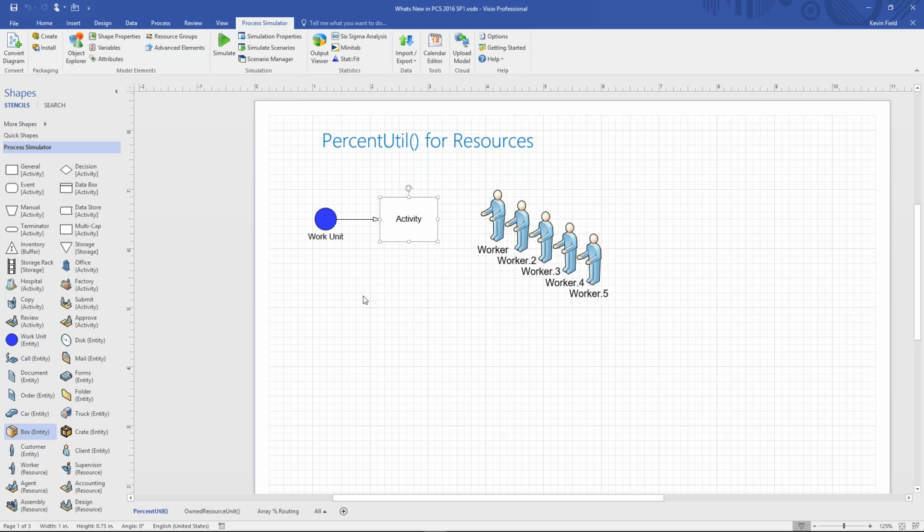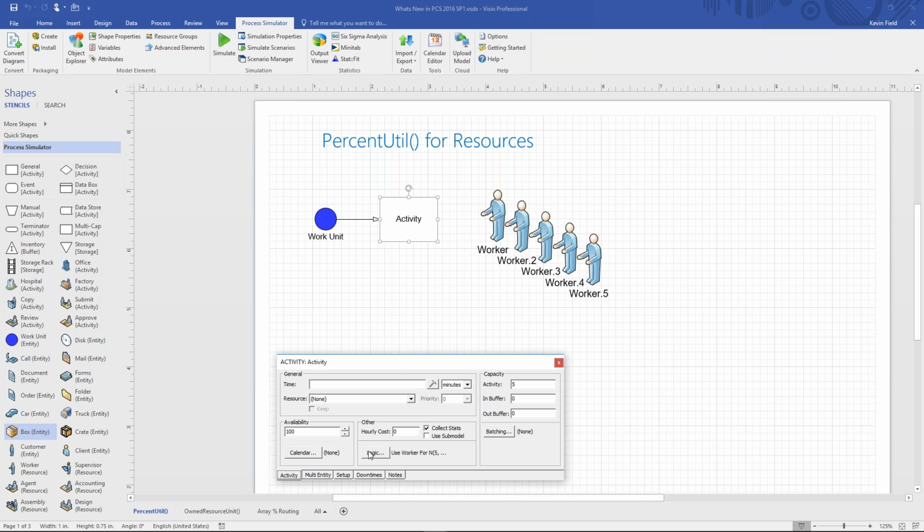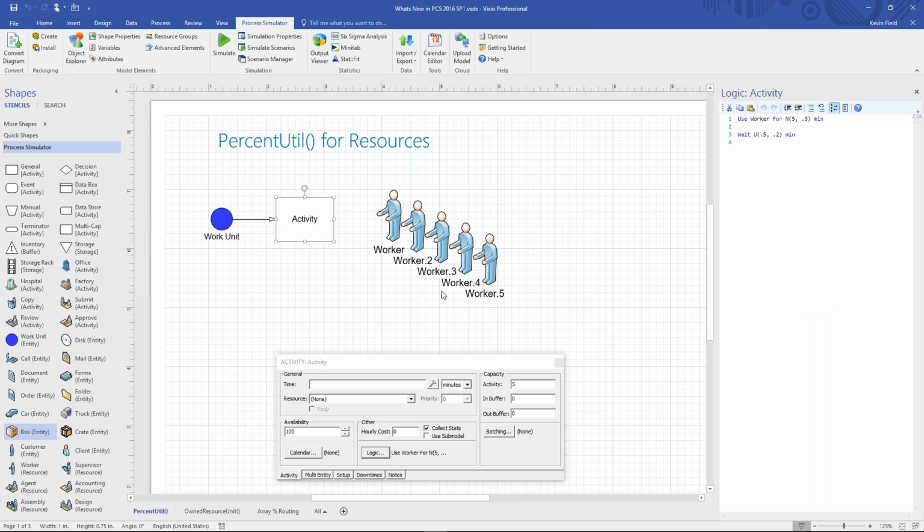In this simple example, I just have a work unit coming into an activity. I want to show an example of how you might utilize this. At the activity, let me open up the properties and go to freeform logic. As you can see, we have 5 different units of this worker resource. And all I'm going to do at the activity is really just use the worker for a period of time, one of those